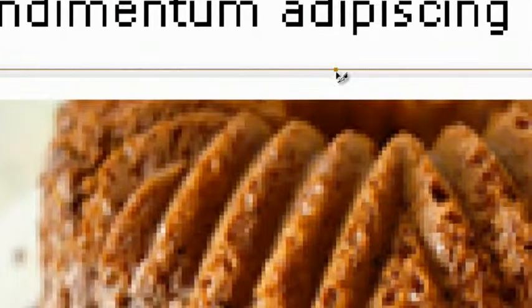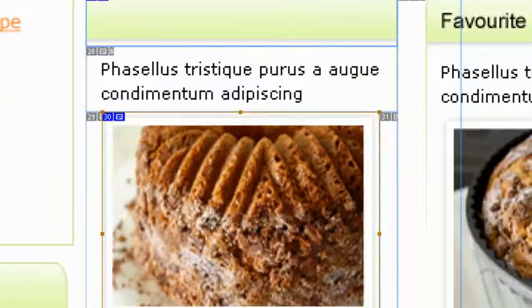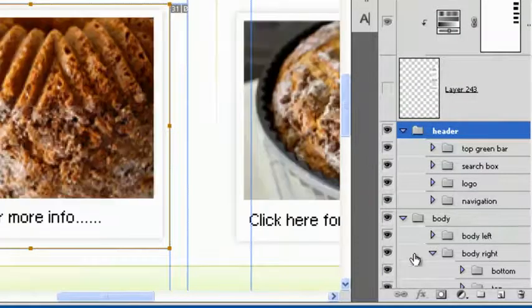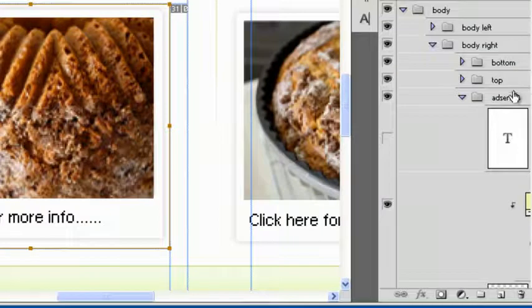I'm just holding down spacebar, which allows me to move around. Let me move it up a bit. Okay, zoom out, and I'm actually going to turn the text off on that. We don't want the text. Body content, body right, and this is going to be